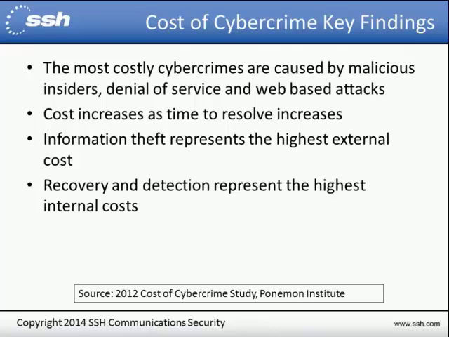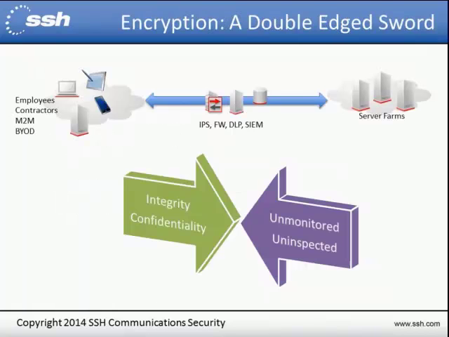So if, for example, medical records or credit card information, social security numbers, etc., are lost, the recovery costs from basically resetting all that information, making sure people's credit is okay and hasn't been affected, and so on and so forth, all add up in terms of external costs. The other element which contributes to cost is the amount of time it takes to resolve an attack. And that is really part of the issue around insider access, because they tend to be difficult to detect. They also tend to take a long time to resolve, and that contributes to the overall costliness of